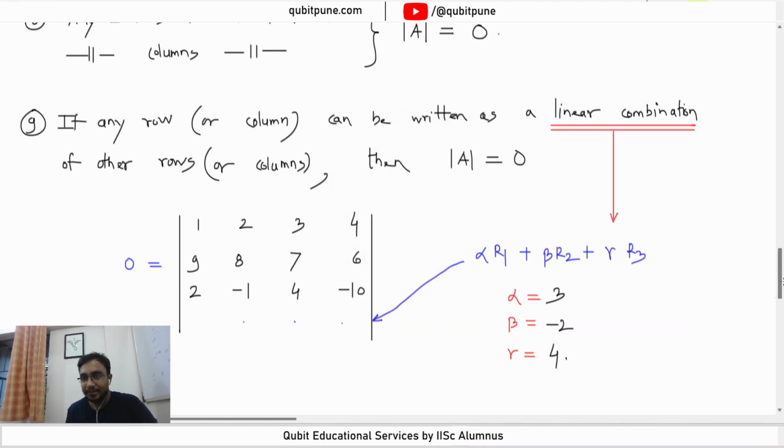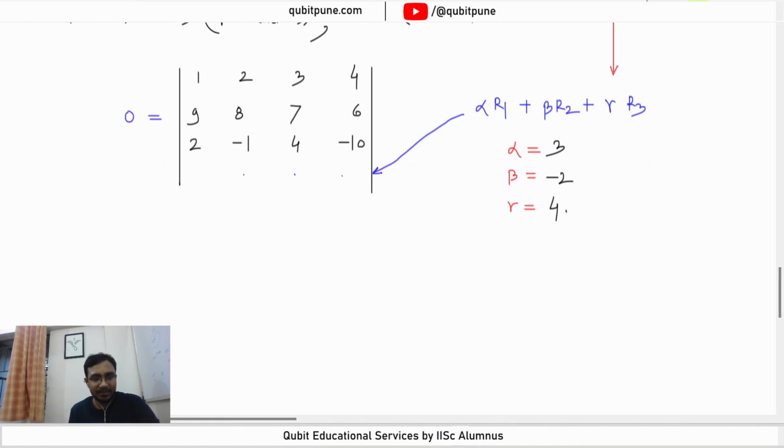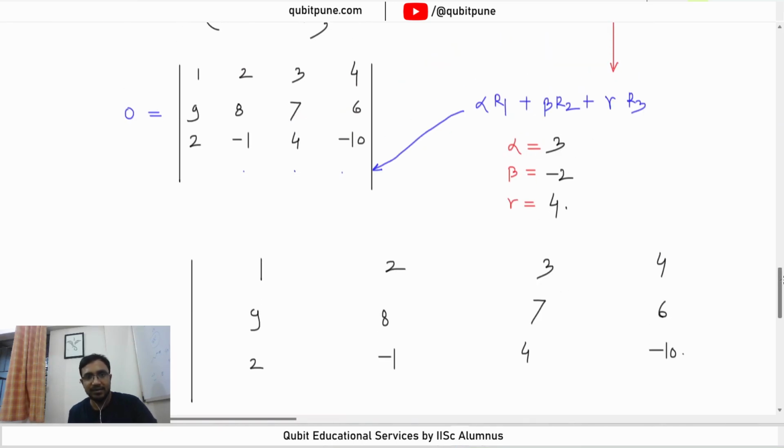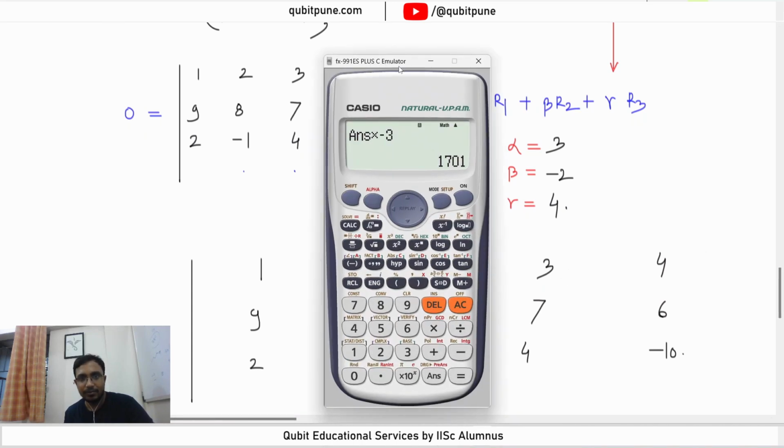Now here is the thing. Let us keep the first 3 rows intact. Now what will I write for the first element there? For the first element I should be writing